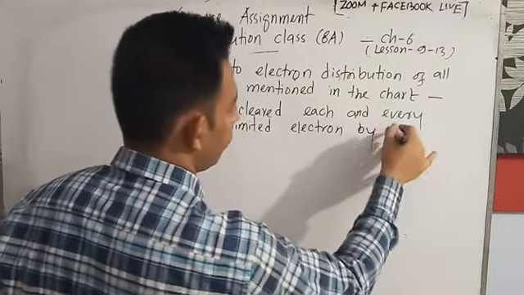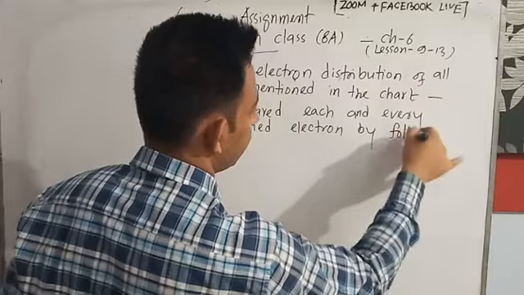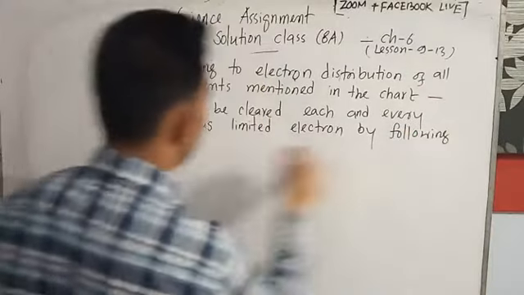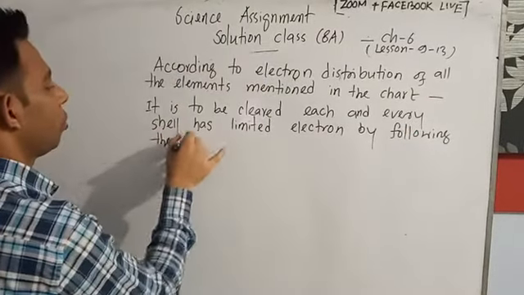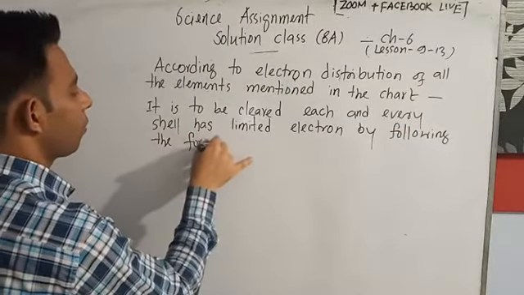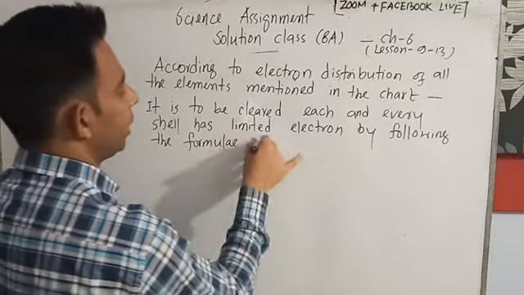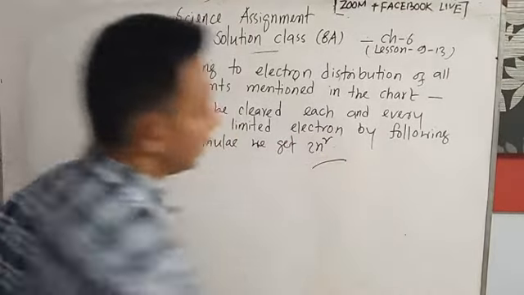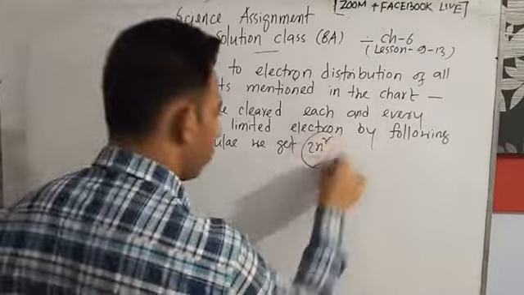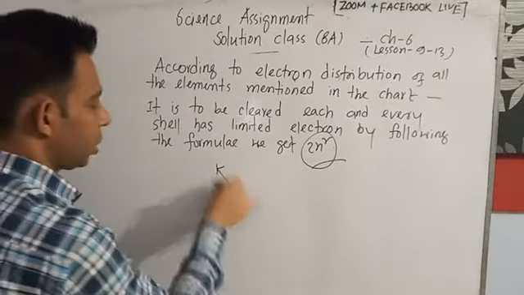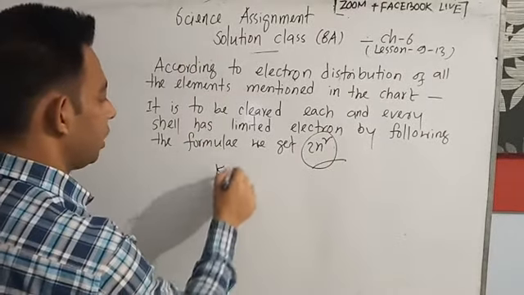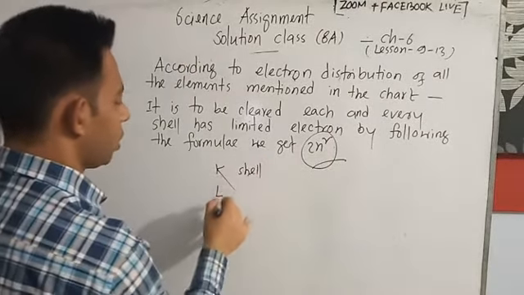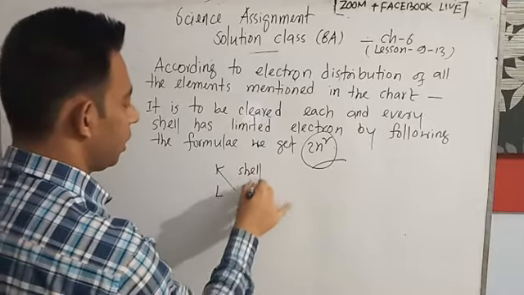By following the formula, we get 2n square. By following this formula, we already got the K shell, L shell,